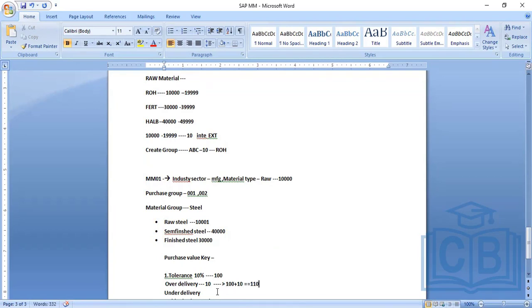So if you maintain this delivery tolerance, what will happen? The system will allow until 110 kgs. Even though you gave an order of 100, if you maintain a 10% tolerance, the system will allow the goods receipt. This is how we handle tolerances in the system. Similarly for under delivery tolerances, and how the system handles over delivery and under delivery tolerances and order acknowledgements from the supplier